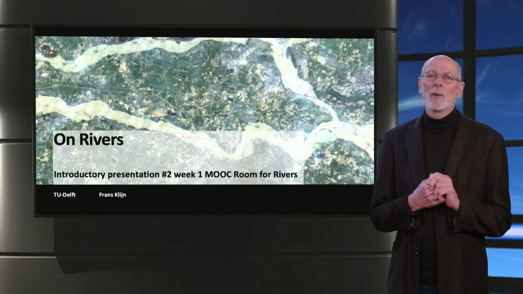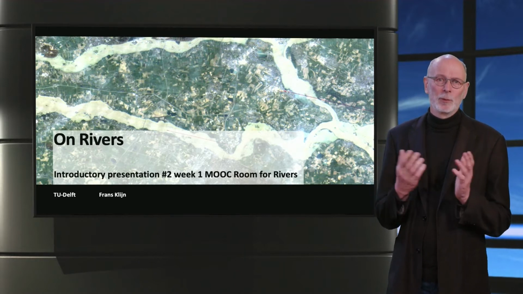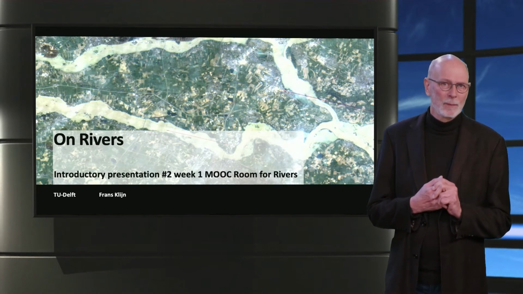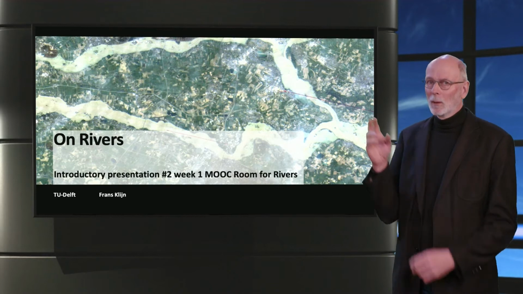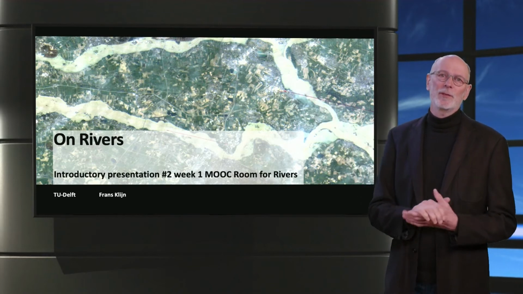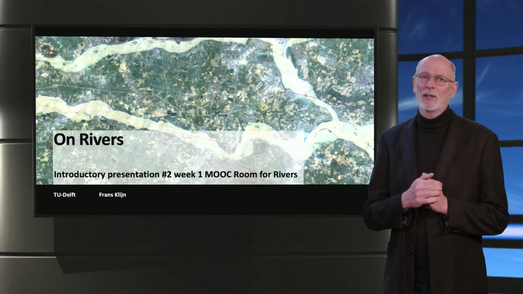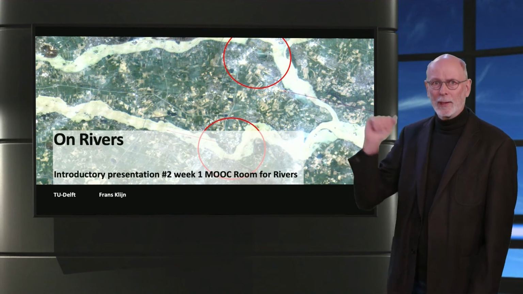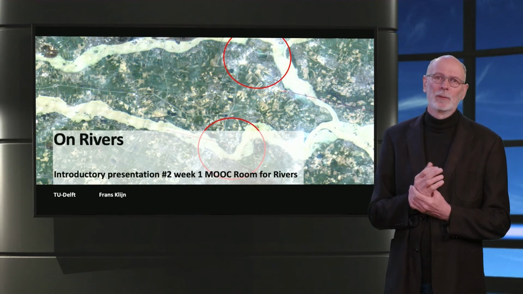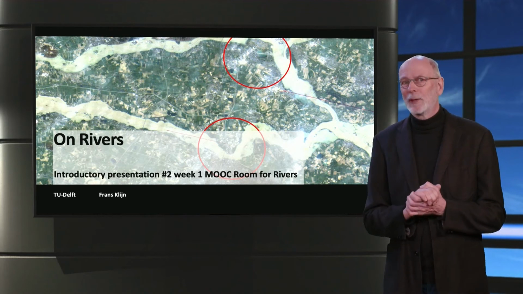In this lecture, we will refer to the Netherlands Rhine River and its historic development, for two reasons. We know it best, and it is where the Room for the River program was implemented. On the satellite picture, you see this river during flood stage. Everything between the rivers is protected alluvial plain. And the red circles you see now indicate locations, or rather bottlenecks in the river, which you will see again later in this presentation.